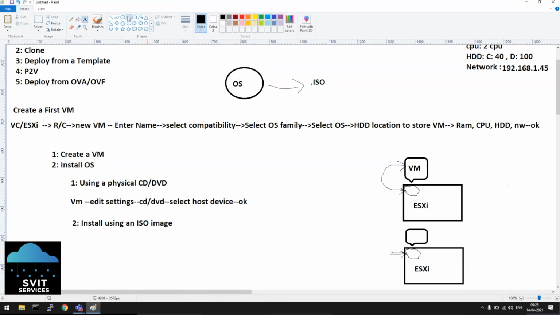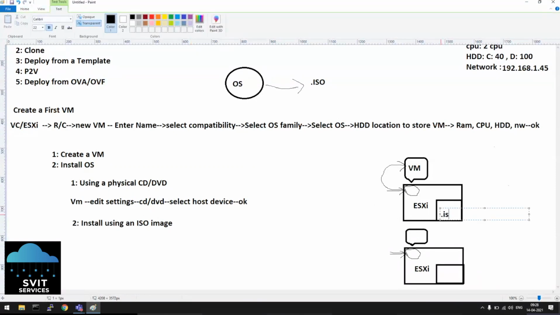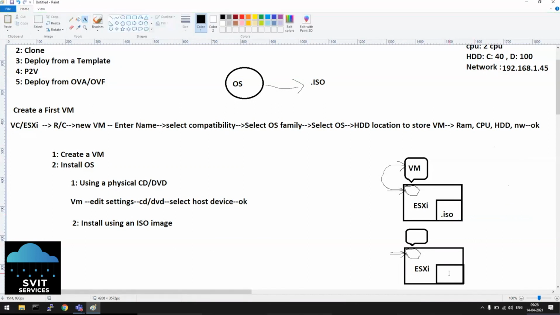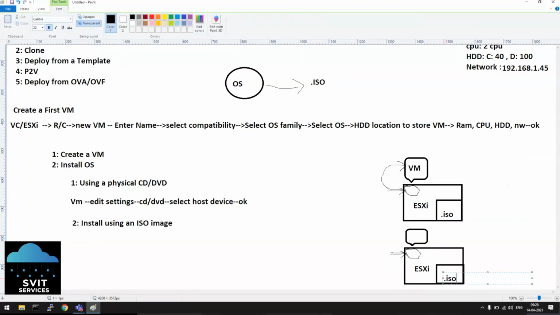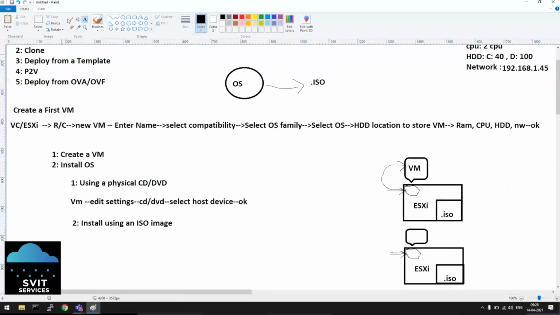So every ESXi machine will have a local hard disk. If you want to install here, copy that file here. You don't need to ask anyone. Just copy that file. And if you want to install here, just copy that file here. Now from here, we can attach this ISO image to the virtual machine. You don't need to disturb the person in the data center. You don't need to request him again and again. Wherever you want, you can copy paste this image.